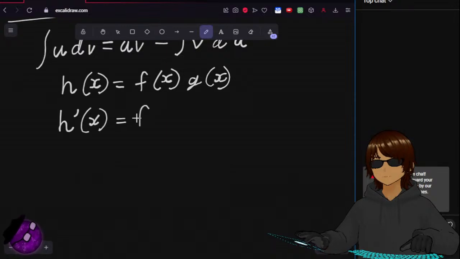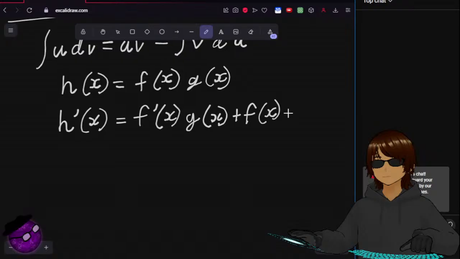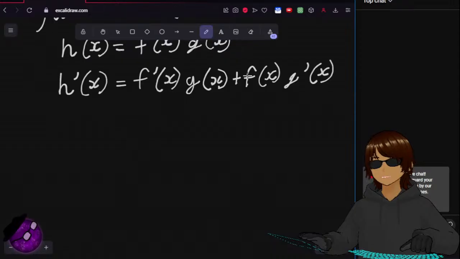Derivative of the first times the second plus the first times the derivative of the second. Can write this as